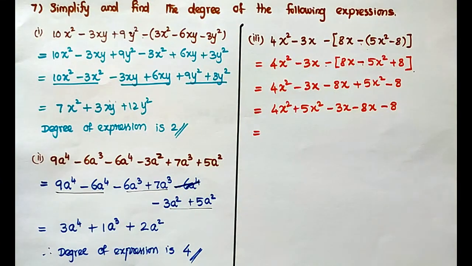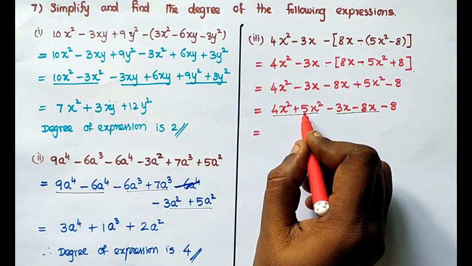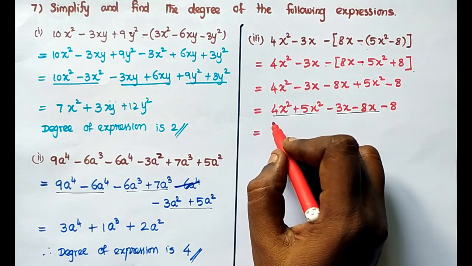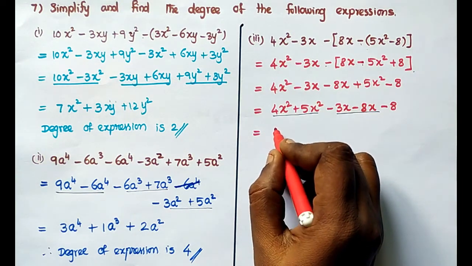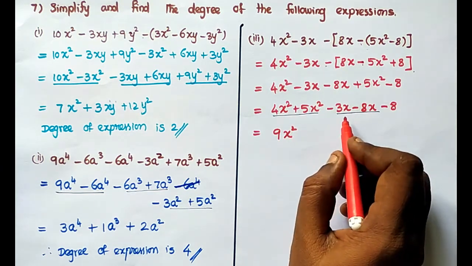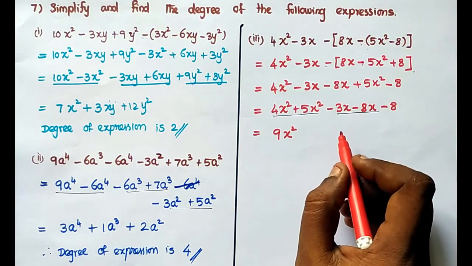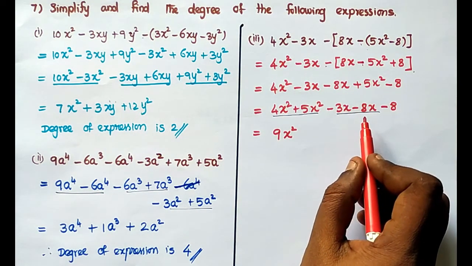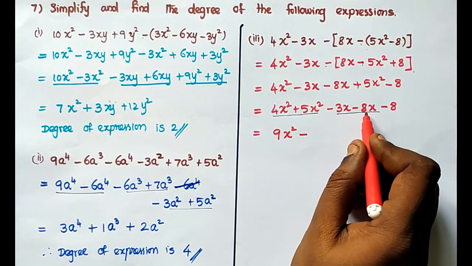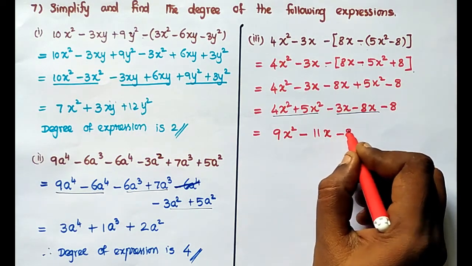Now solve the like terms here. Plus 4 plus 5, both are in same sign. So we have to add these numbers, means 4 plus 5, 9. Which term is this? X squared term. And here minus 3 minus 8, same sign, we have to add this and put the same sign. So minus is there and add these numbers, means we get 11x minus 8.